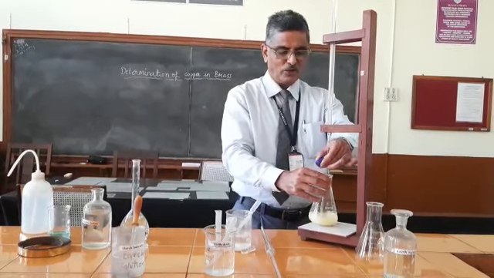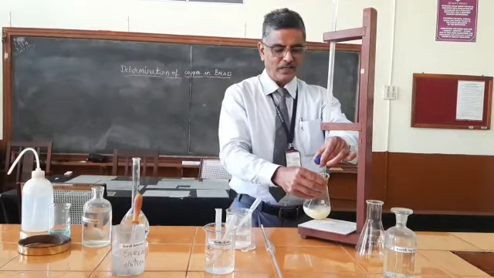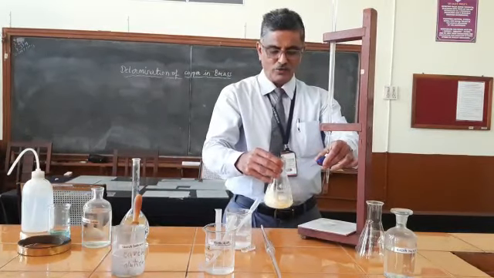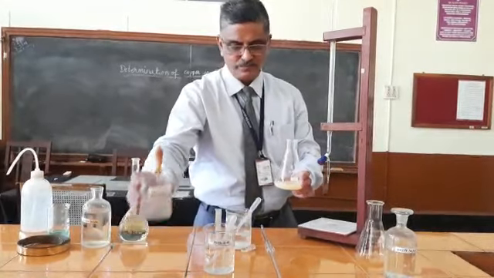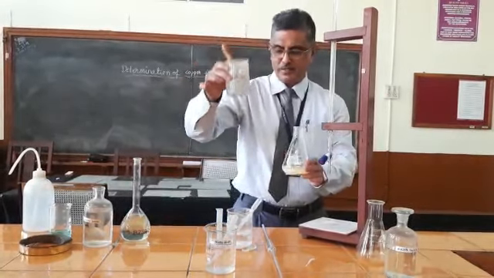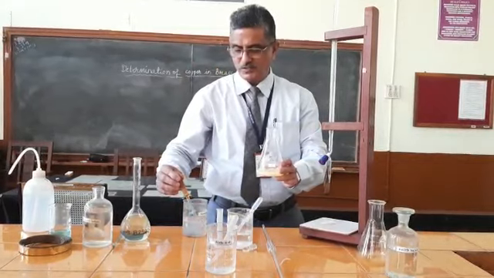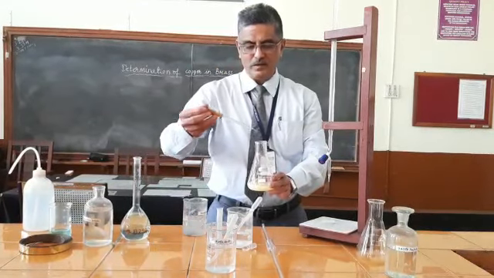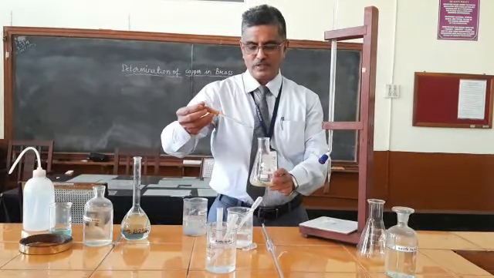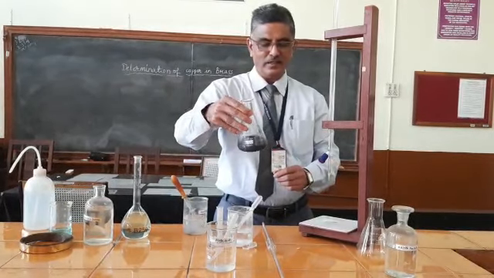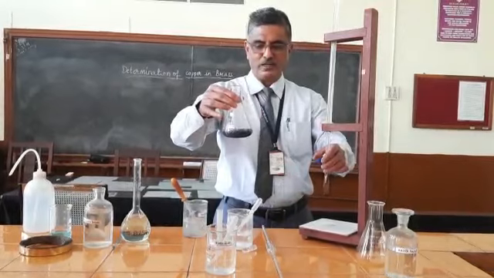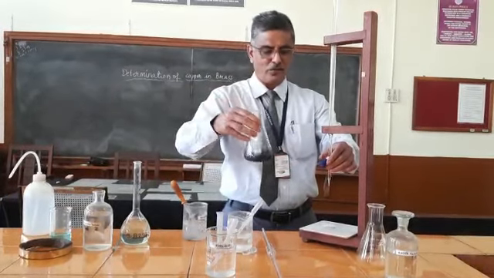Now I got the light yellow color. Once I get light yellow color, it indicates what? Iodine concentration is less in the solution. Now I am going to add starch. Always in iodometric titrations, starch is used as an indicator. Add about 5 to 10 drops of starch as an indicator. So what is formed here? Starch iodide. Traces of iodine present in solution react with the starch to form starch iodide complex.